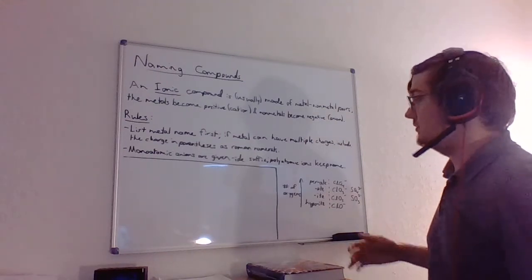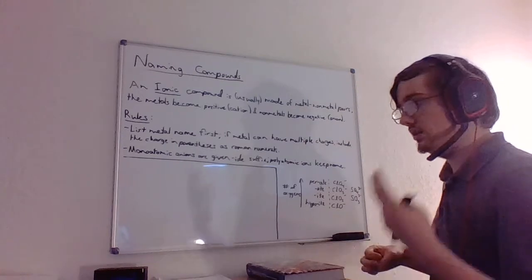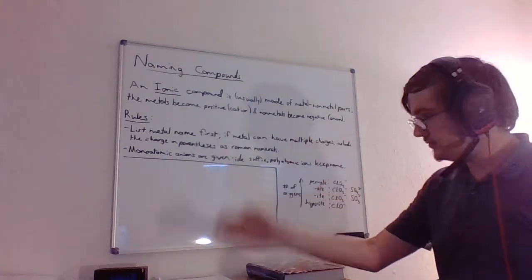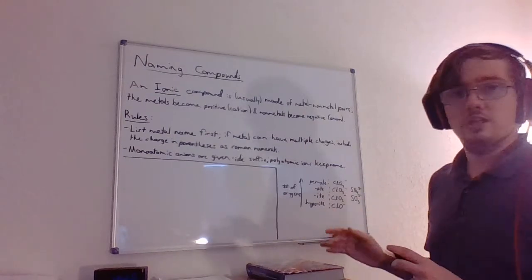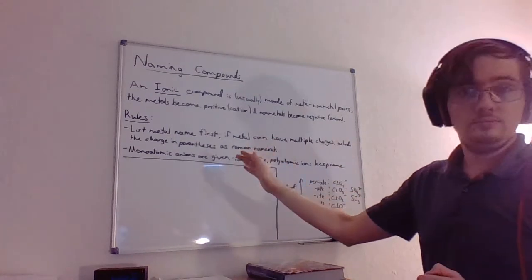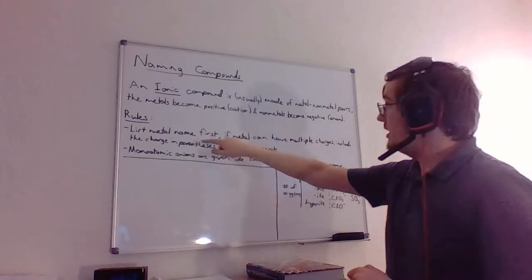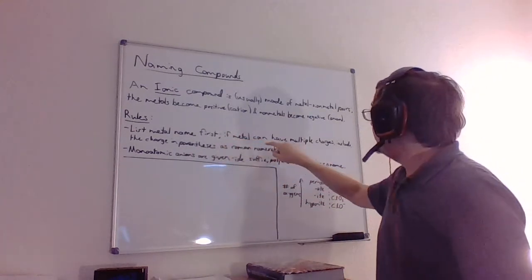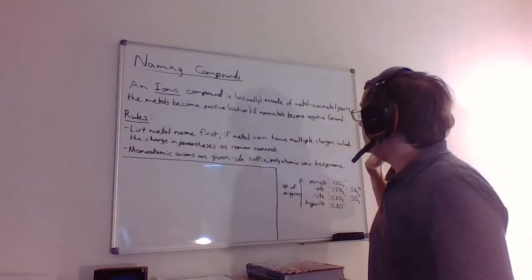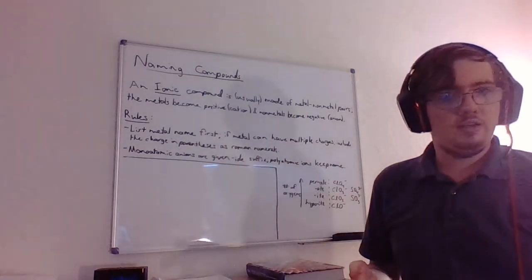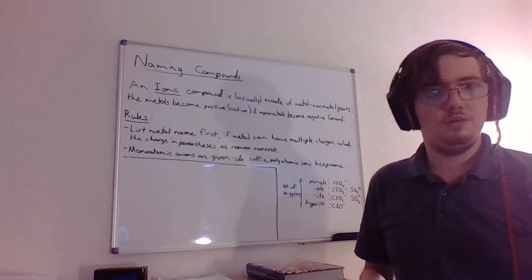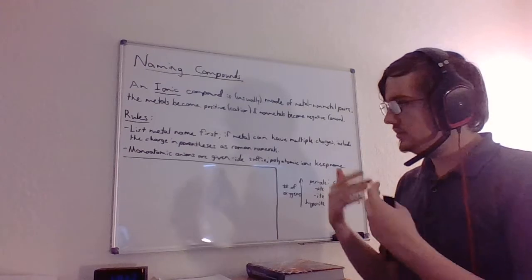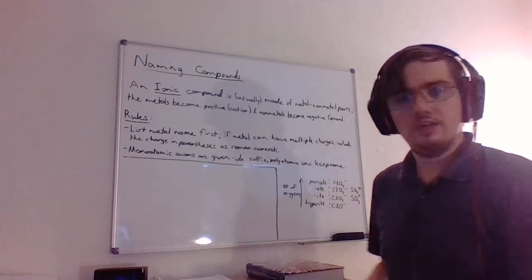So first off, just like in the previous covalent compounds, you read it from left to right. You start with the first element. In this case, though, the first element is always the metal. So, because the metal comes first, we list the metal name first. And you don't need to change the metal name or anything, you just write it down as is. So if you have iron, you just write down iron. If you have magnesium, you just write down magnesium. You don't need to change that.